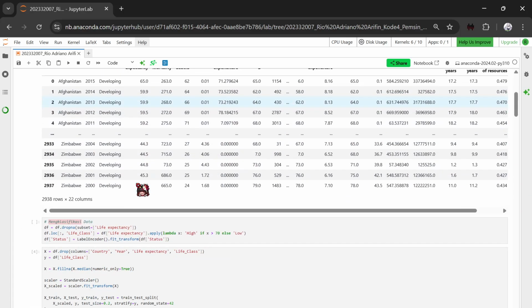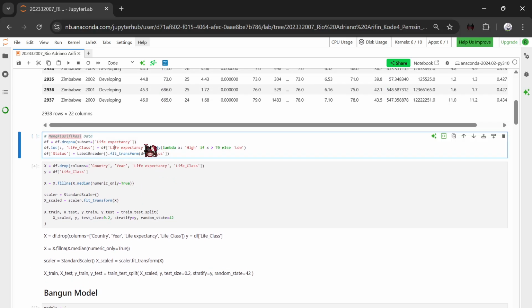Okay, next one is here. First, we drop rows where the life expectancy column is empty because we are going to use that column as our label. Then we convert the numerical values in life expectancy into categorical labels.